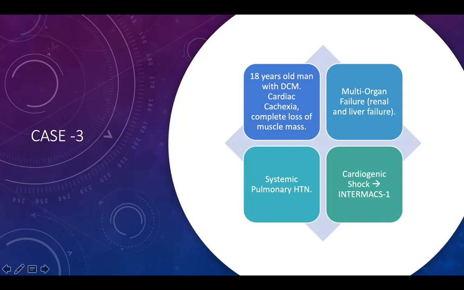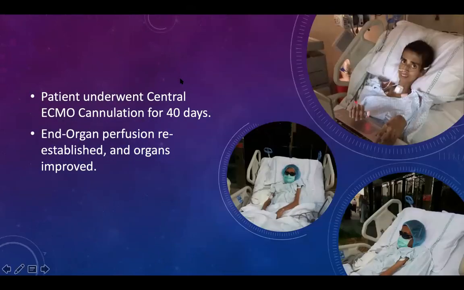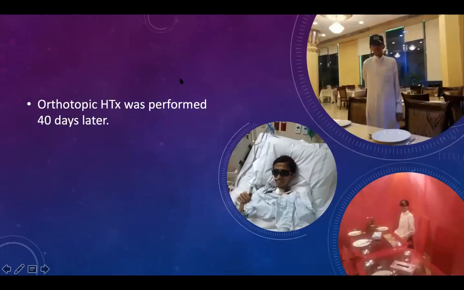I agree with Haytham, except that since the patient has pulmonary hypertension, I will not go for LVAD alone. I will go for BiVAD. No, but initially this is systemic pulmonary hypertension at the time of cardiogenic shock. Maybe I'm wrong, I'm just discussing. And at that time, if I give him ECMO, because I don't know what the underlying pathology is, many of them have a left-sided problem. If on ECMO he is not improving, not reversible, I said at that time, yes, biventricular. Agree with you. So if he improves, he will go.